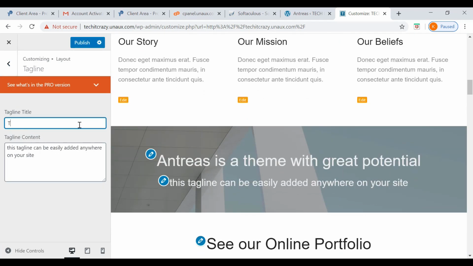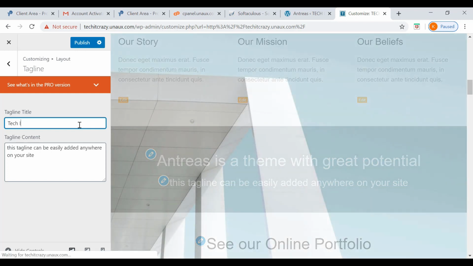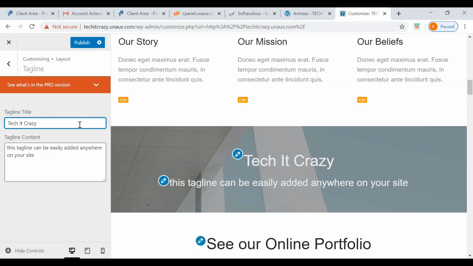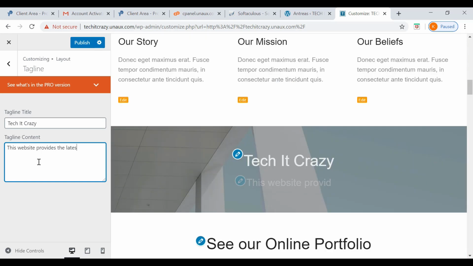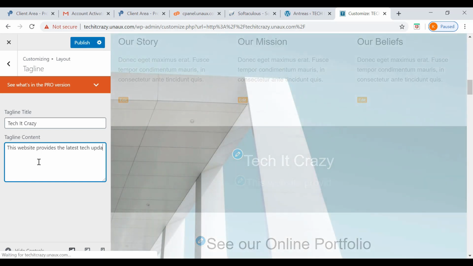Now I want to change the tagline title here. I'm just giving Tech It Crazy. And also the tagline content, I'm going to change that. So I'm just giving this information to show how small changes will give you a better view of your website.